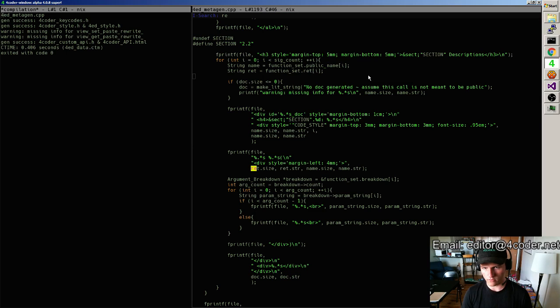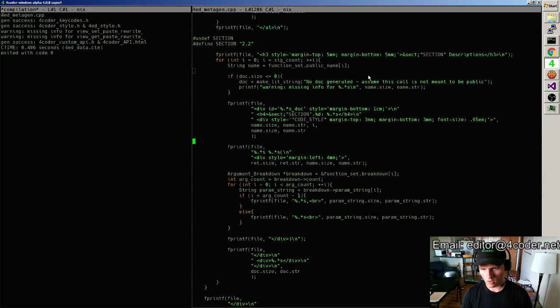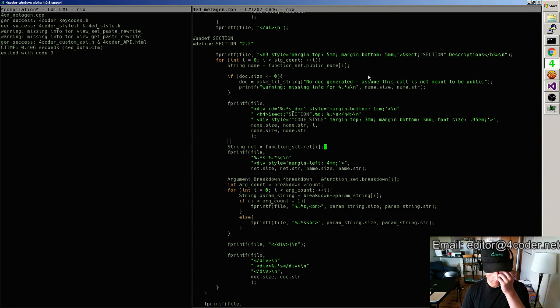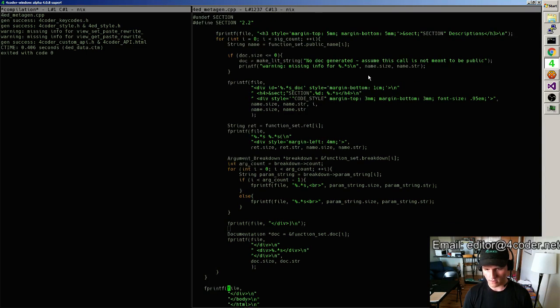Right, so let's see, where does ret get used, by the way? I'm going to make these things more local. Okay, so the name gets used everywhere. Ret shows up right here. Arguments show up there, and then the doc string will show up down here, but now we're going to use the actual documentation. So this is going to be doc function set doc I. I'm going to take that doc there, and then